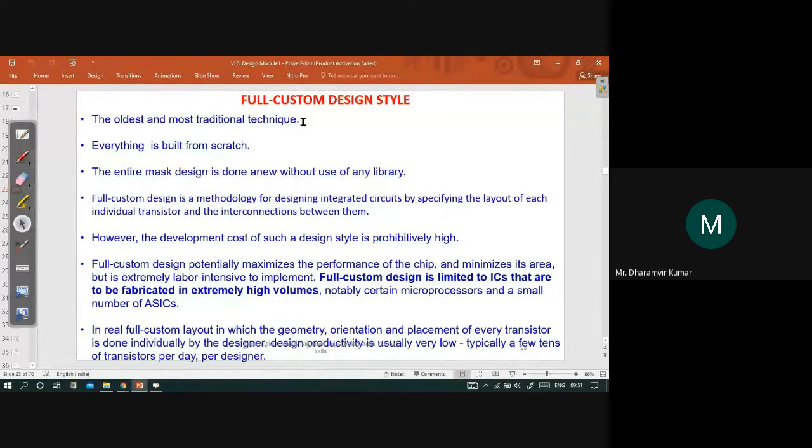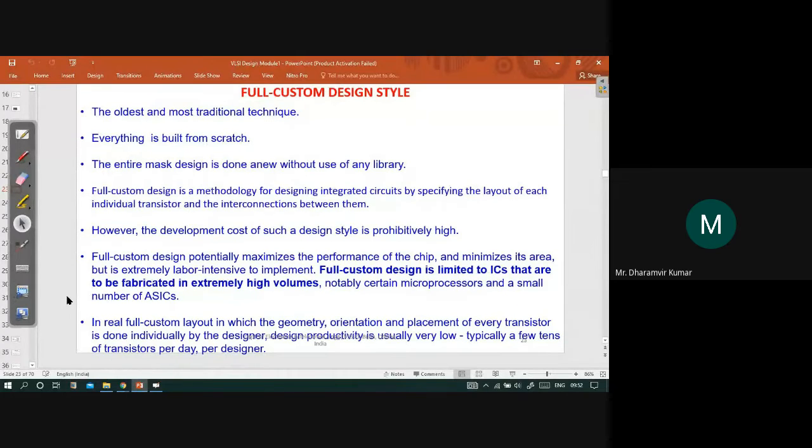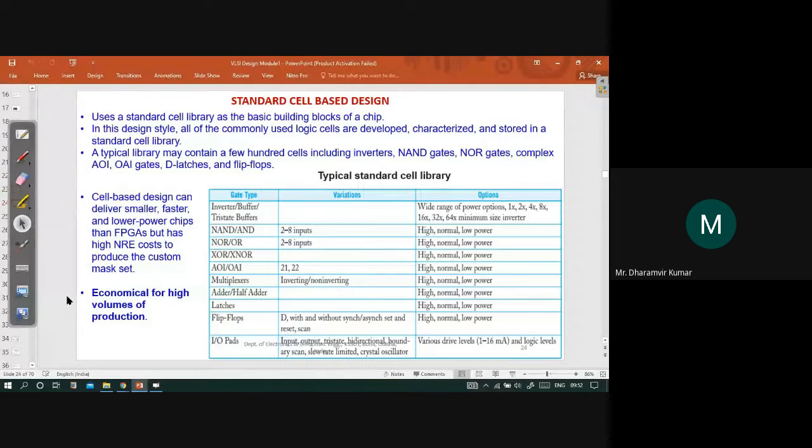So it also builds the library, and then it picks up the components from there, and then it goes for the designing of ICs. So in that sense, it is very labor intensive, time consuming, and a very costly affair also. But at the same time, since all the things are being done from scratch, you get the highest performance chips from this design style.